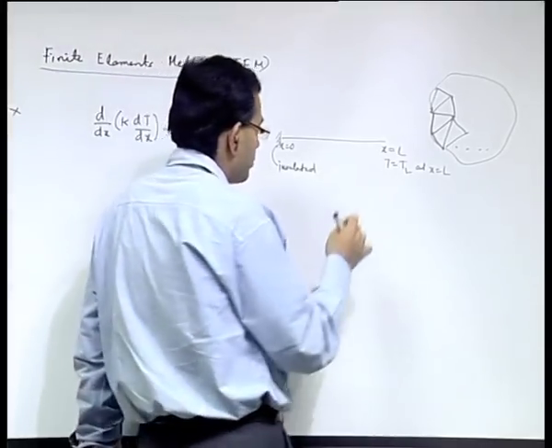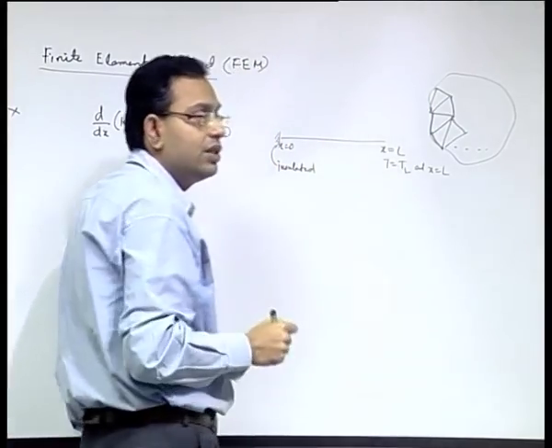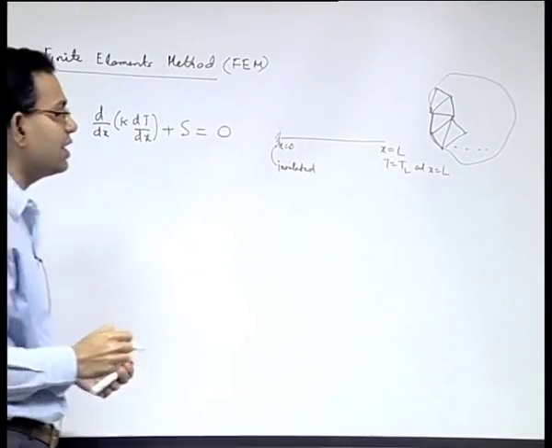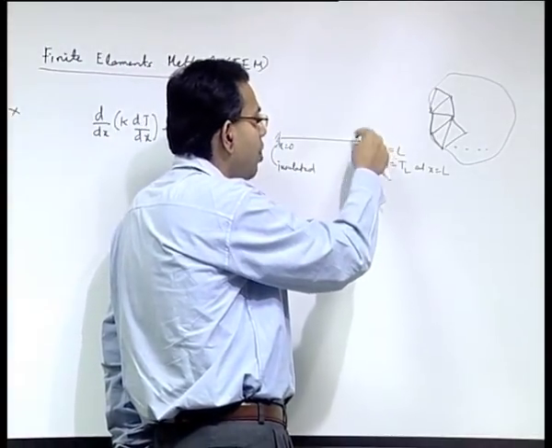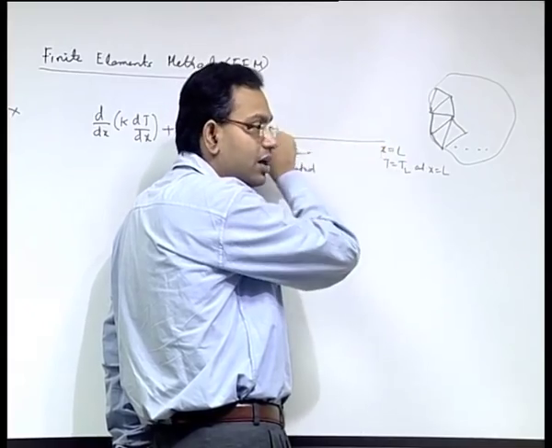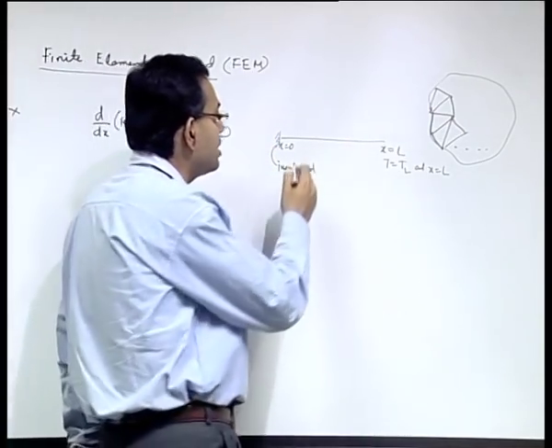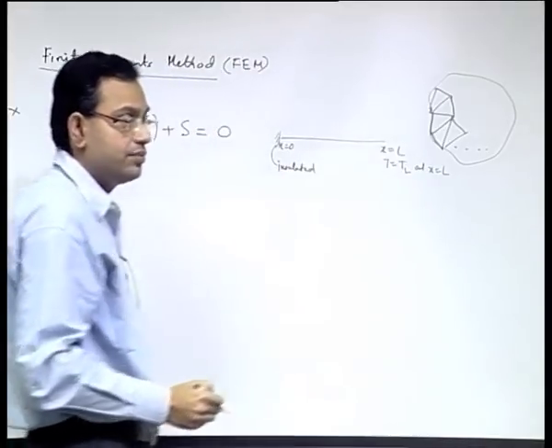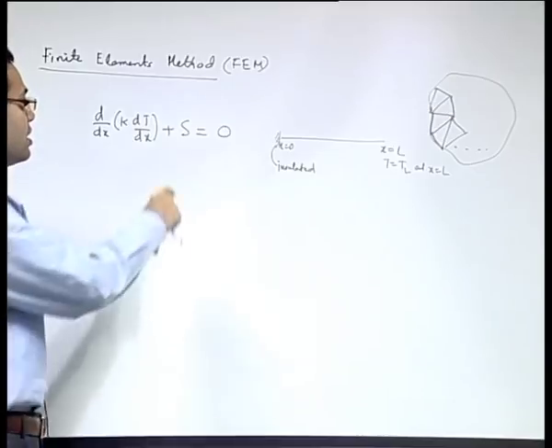Now, we are interested to solve the temperature distribution within this domain. Let us say this is a rod. Physically the rod is such that its cross sectional area is much smaller than its corresponding axial length, and major temperature variation takes place axially. There is some uniform heat source that is present, which is given by this S.